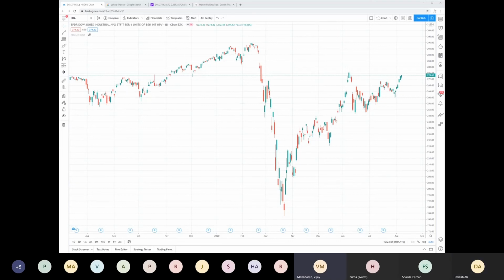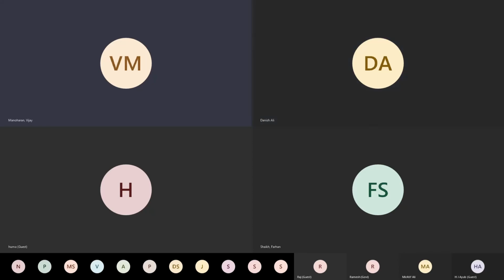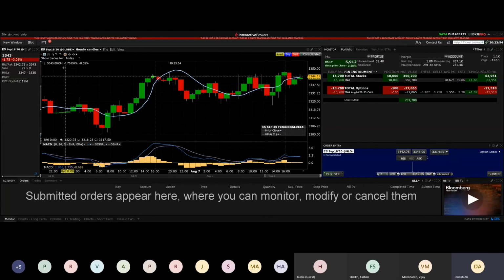Could you show me anyone in the paper trading account you have? Possible? Oh yeah, sure. That's what I was showing. You were showing the SPX, right? Yes. I was showing that there is a margin requirement of $13,000. This is S&P 500 futures right here. You buy one contract, just one.